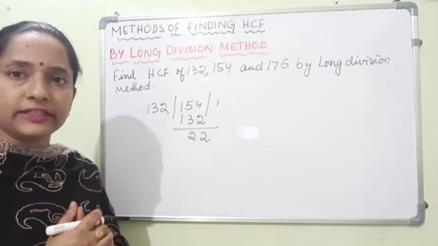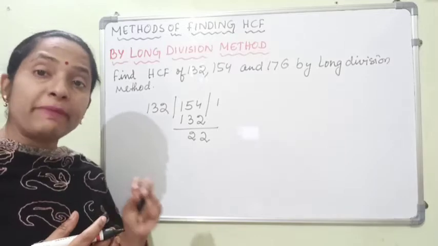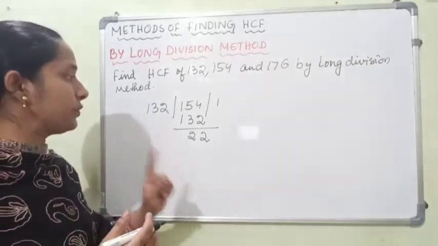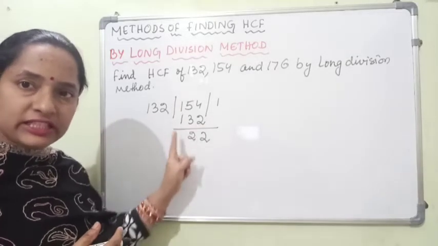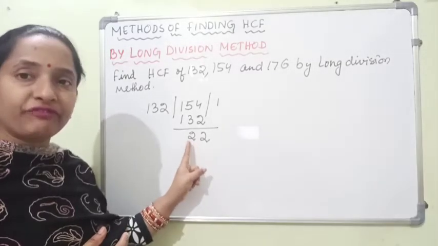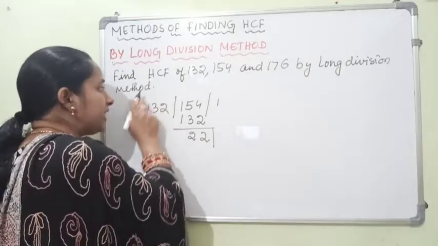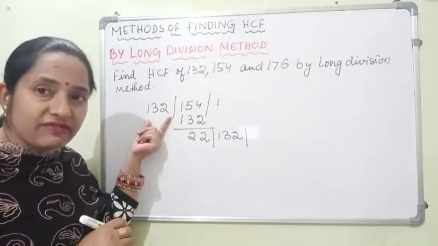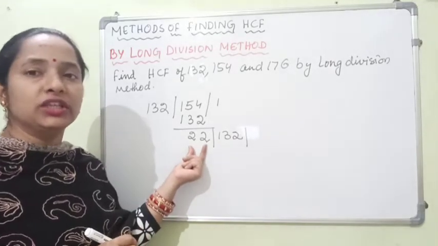So how will we get the divisor? We have to get a remainder 0 in any case to get the HCF. So what will we do? The next process is, whatever remainder you got in the first step of division, you will make this remainder the second divisor, and divide the divisor of the first step by it. So the number which was the divisor in the first step will become the dividend, and the remainder will become the new divisor.